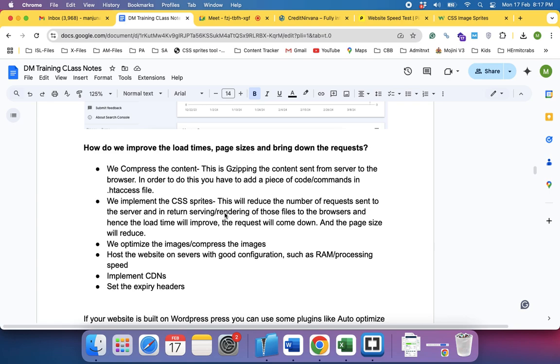Right? One of the methods to improve the speed is compressing the content, or gzipping the content. It is called compressing the content or gzipping the content. So next, one more implementation is setting expiry headers. Again, what we do is we add a set of instructions to the .htaccess file. This instruction basically instructs the browser. What you add to the htaccess file suggests to the browser, look at this,